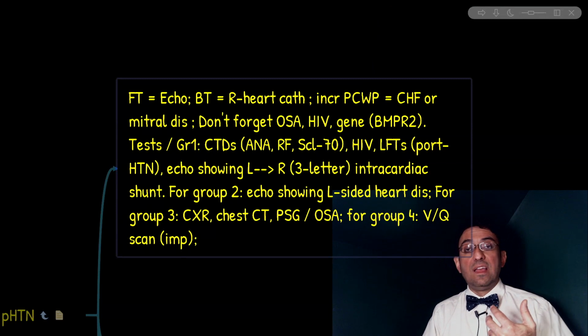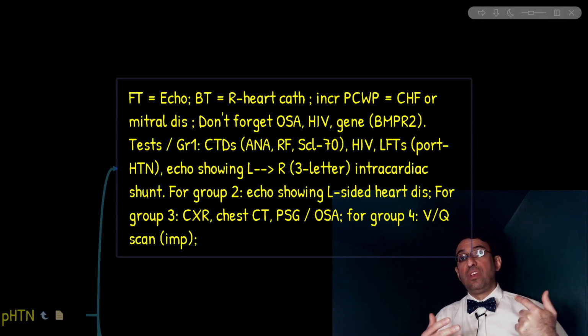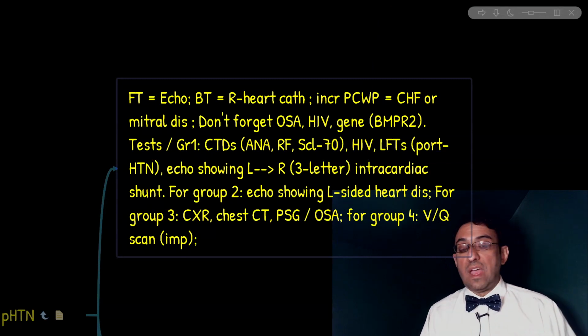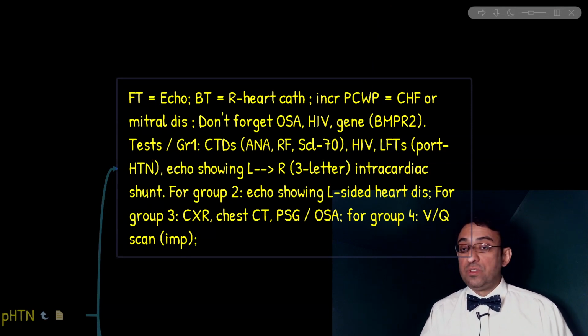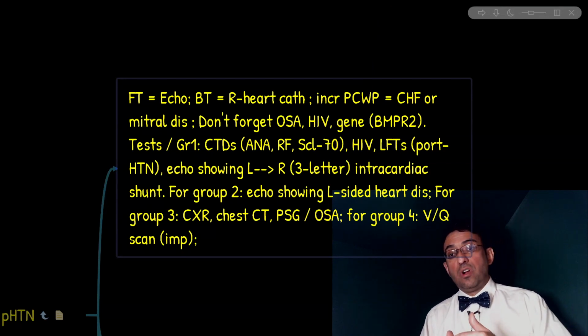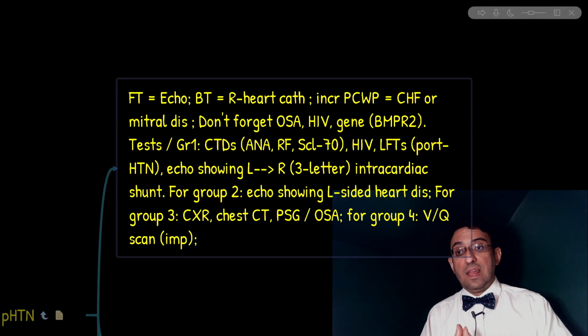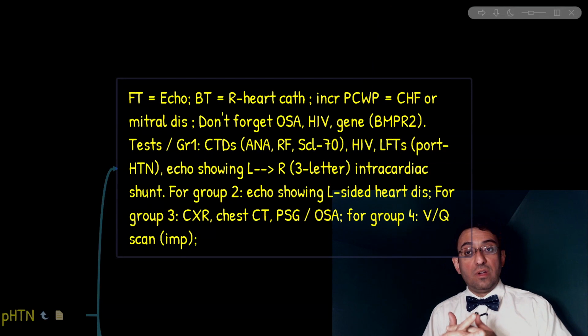So you order ANA for lupus, you order anti-Scl-70 for systemic sclerosis, and you order tests for rheumatoid arthritis such as rheumatoid factor. If, on the other side, you have a patient with liver disease, you may want to order alkaline phosphatase and other liver function tests, such as in an alcoholic, where you are concerned about portal hypertension in association with group 1. Remember, the intracardiac shunts of left to right acyanotic congenital heart diseases could be evaluated by